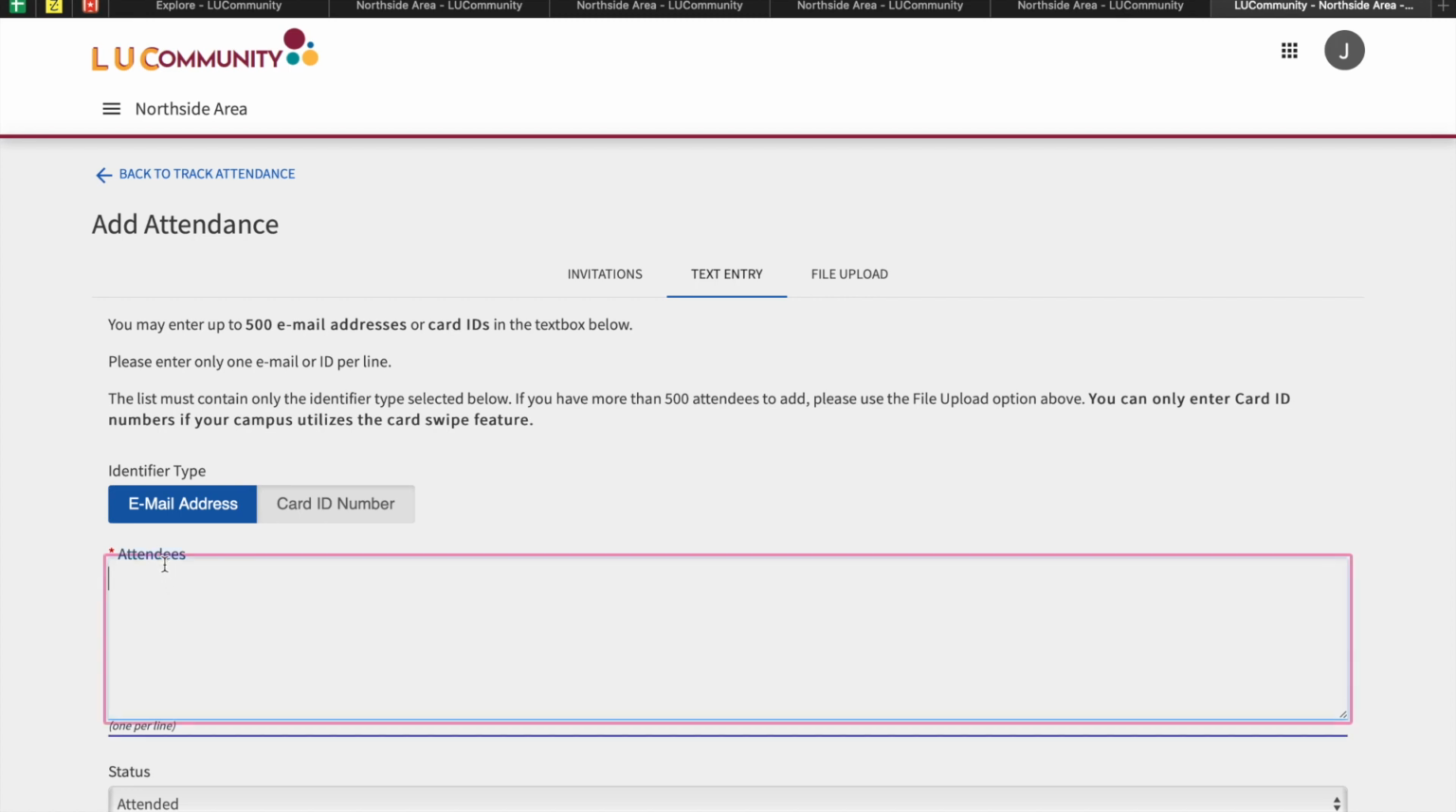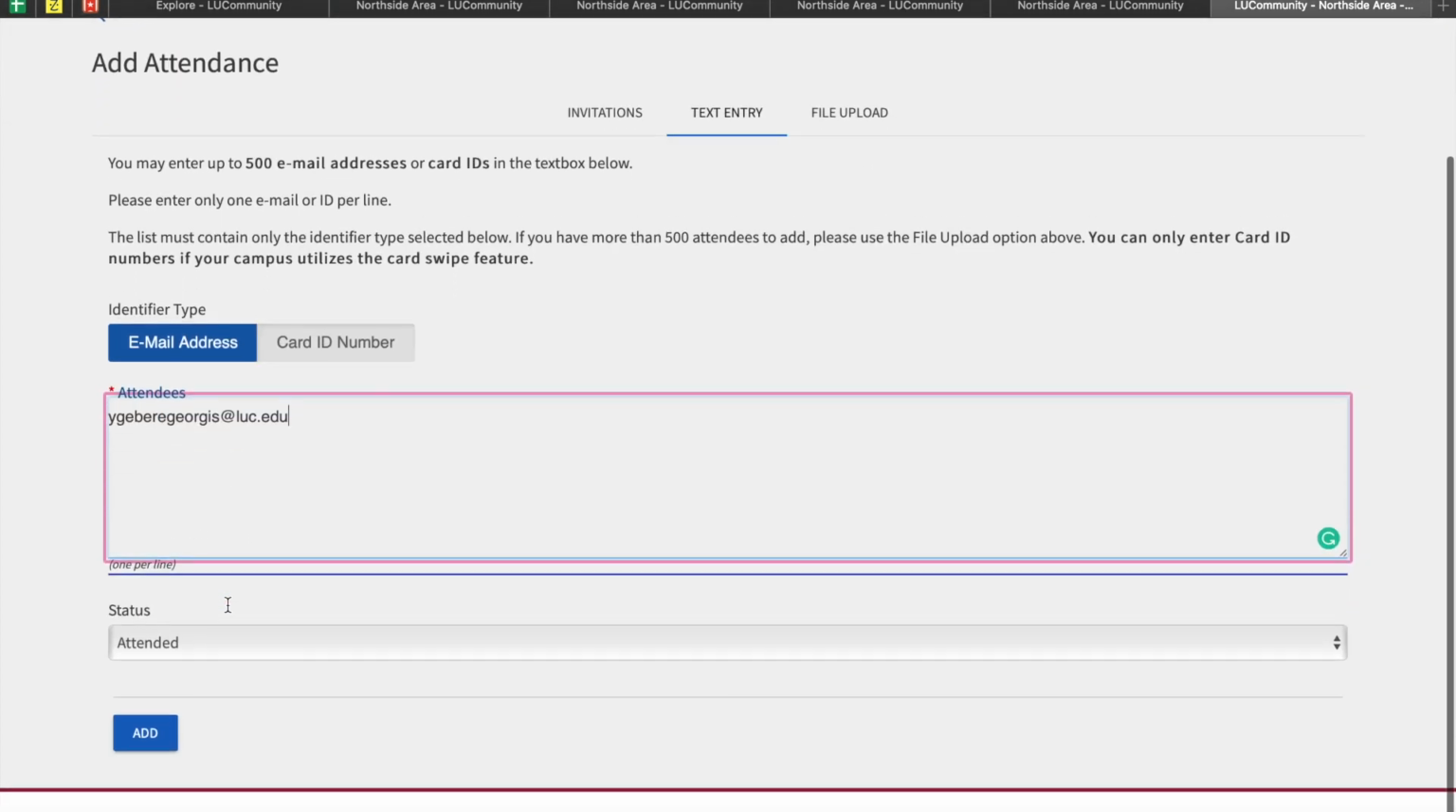Okay, so in regards to adding attendance, what we know right now is that you can do the text entry. So go ahead and click on text entry. And so you can either add email addresses or you can select card ID number. There's no actual box here, but if you click on the words attendees, it's going to allow you to input information on that field. So go ahead and type the emails of the residents who attend your program,